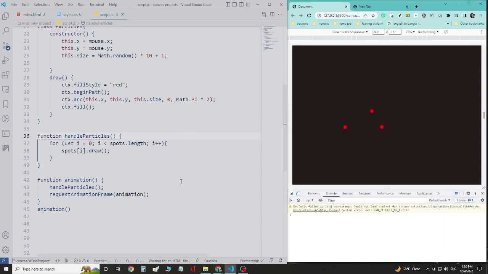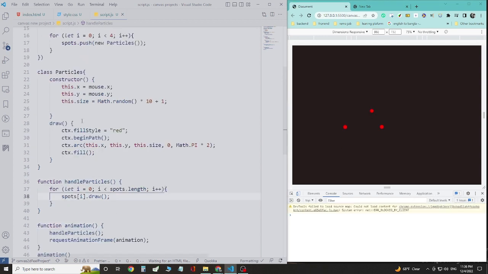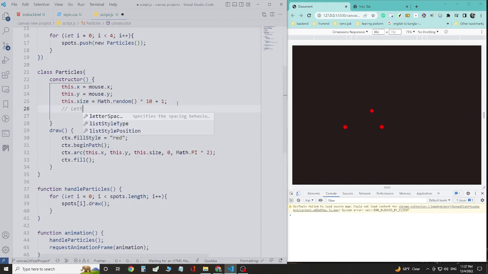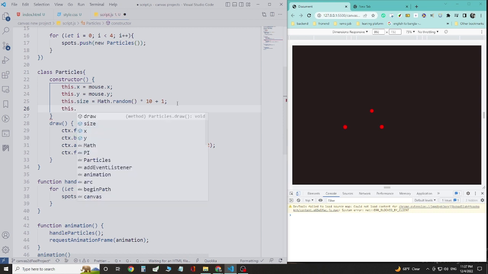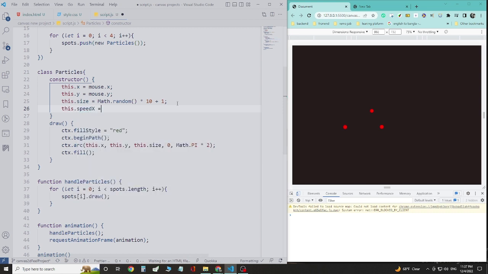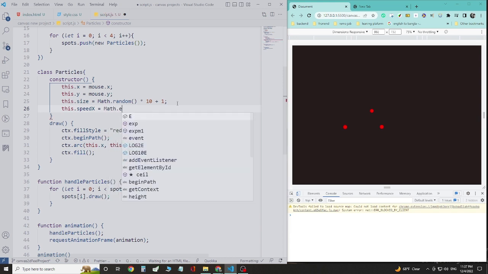draw circles over there. And this handleParticles will not work at first because when JavaScript reads the handleParticles first, it will not get x and y coordinates, so it will not work. But the second time, when I click the canvas, it will get x and y coordinates, and it will continuously